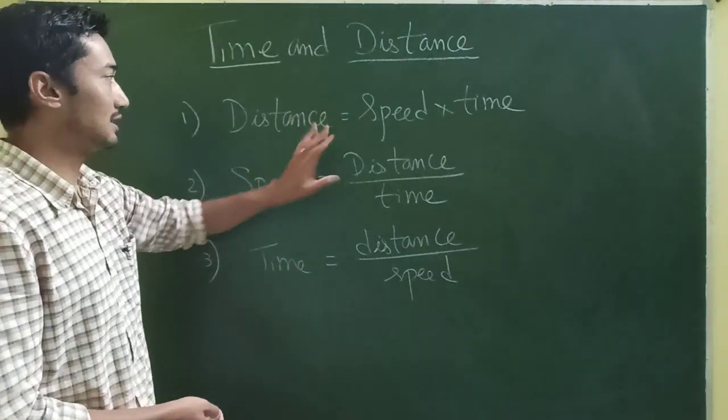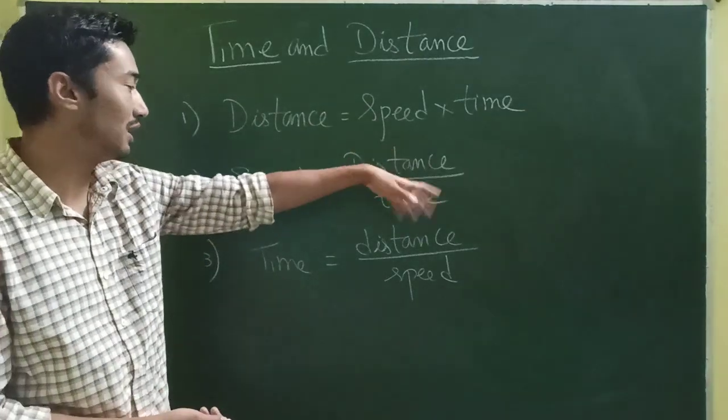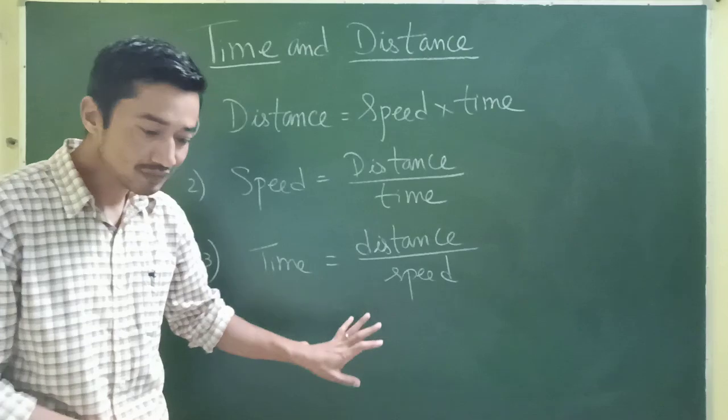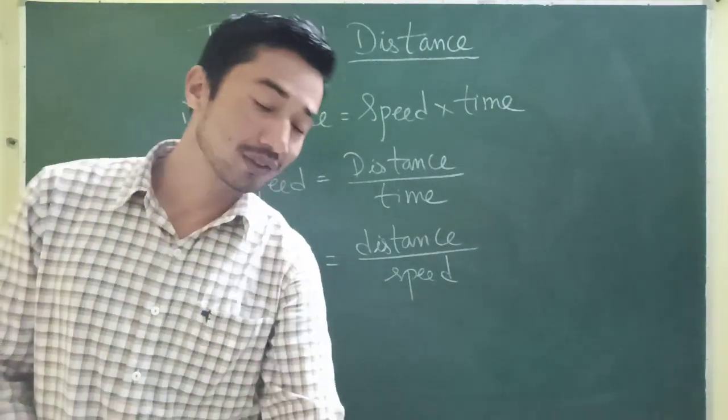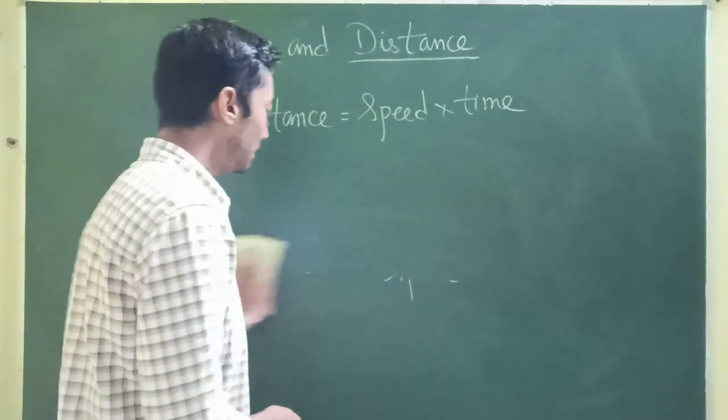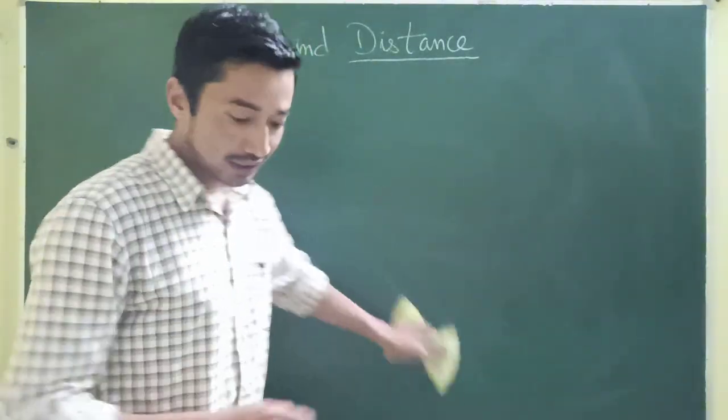Time and distance, we already know that distance is equal to speed into time, speed is equal to distance by time, and time is equal to distance by speed. Now in this video, let's try to make our lives a little bit easier. Now one thing, the first